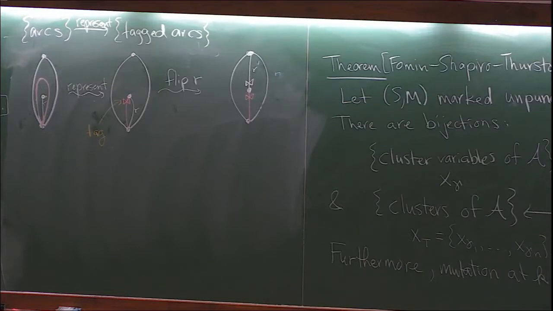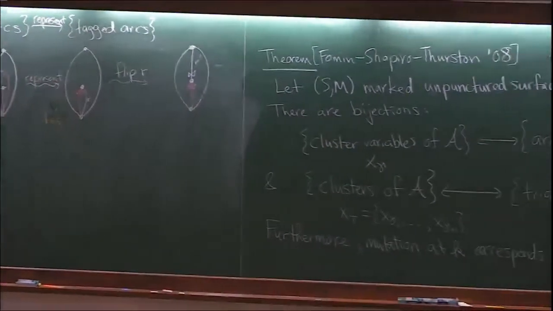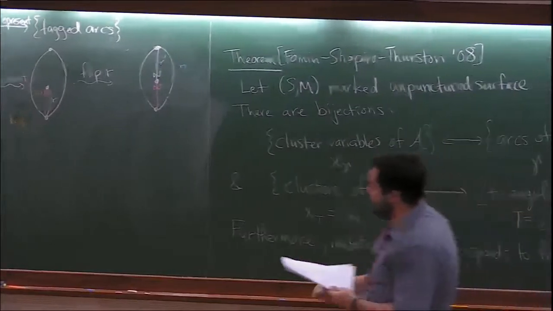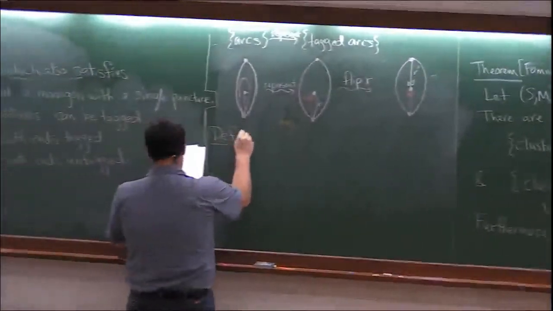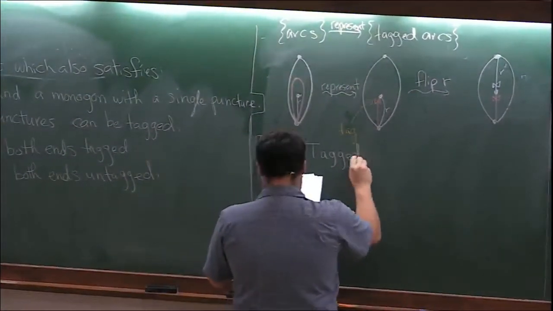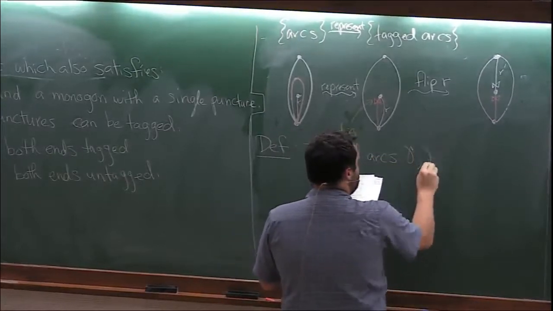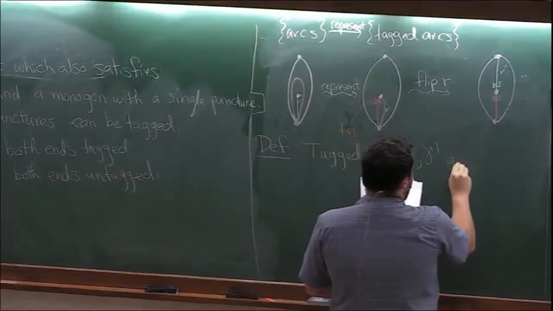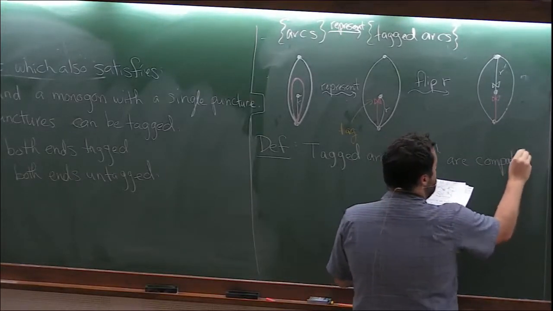So let me tell you what it means for two tagged arcs to be compatible. I can tell you what a triangulation is. Definition: two tagged arcs gamma and gamma prime are compatible if,